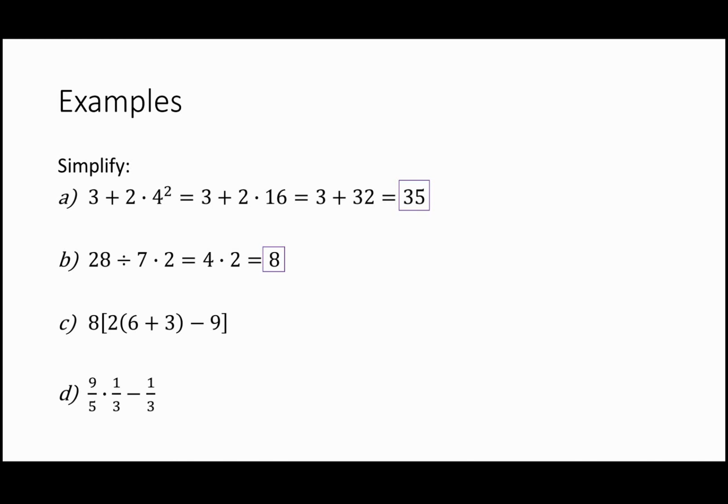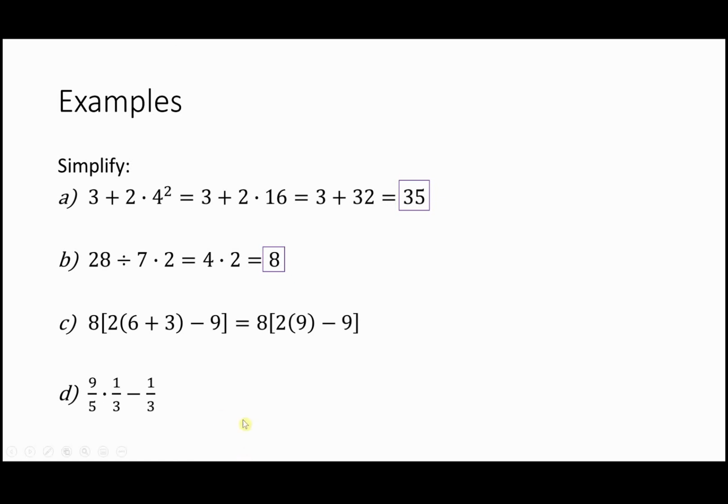Okay, now in part C, notice that there's a couple of instances of grouping symbols. There's parentheses on the inside, some brackets on the outside. So just like you've been probably told in the past, when multiple grouping symbols are present in an expression you're trying to simplify, always work from the inside and then go out. So we're going to start with the parentheses, and we're going to add the 6 and the 3 inside the